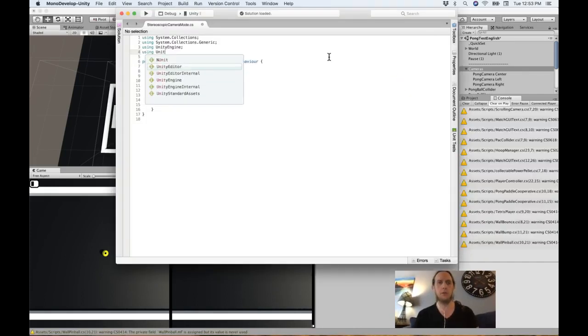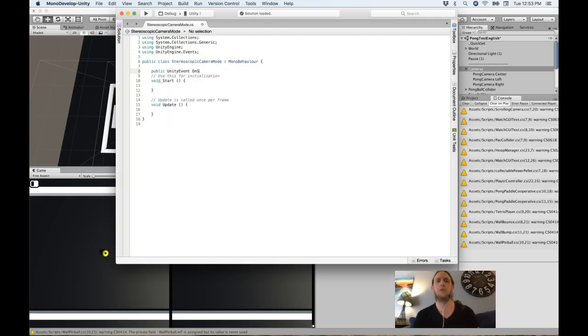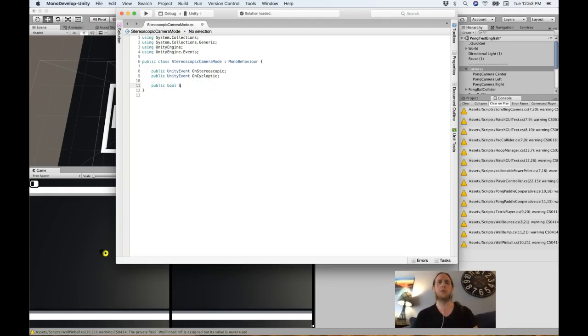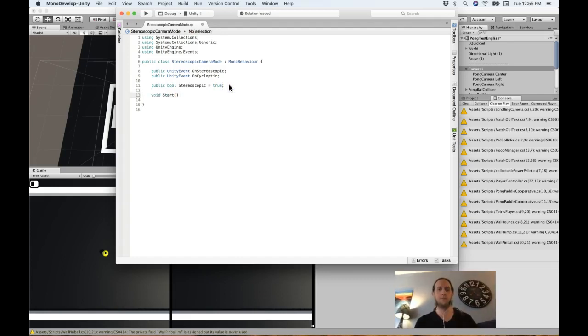Alright, using UnityEngine.Events, then public UnityEvent onStereoscopic. Public UnityEvent onCycloptic. Don't need these. Public bool, and then void Start. This will only run once if